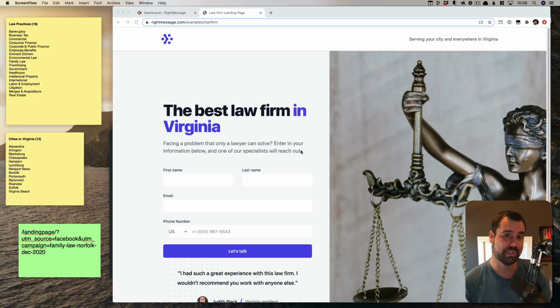So what they've discovered that RightMessage can be used for is we're kind of a landing page platform. Now, we're not a true landing page platform in that we don't actually host pages ourselves. Yet, people have discovered that if you just take our snippet that we give every new account and put it on a landing page, it'll work just as expected, and it can create a lot of variations of landing pages